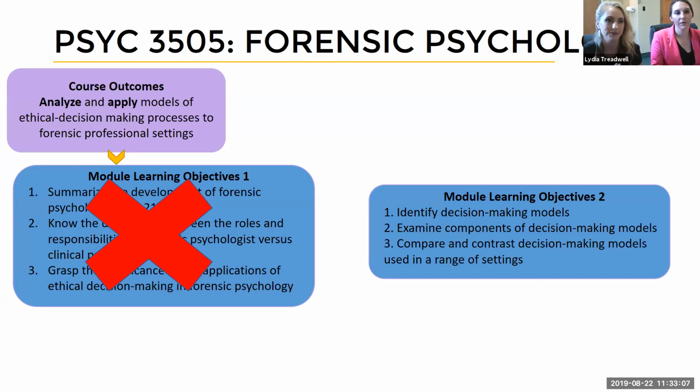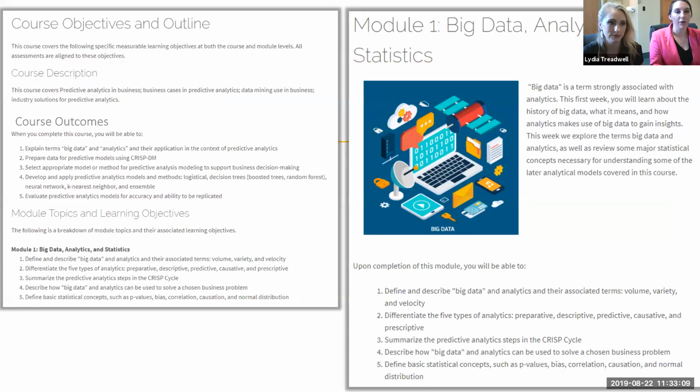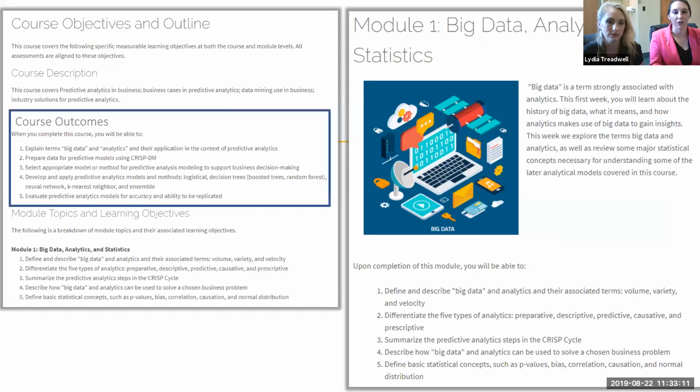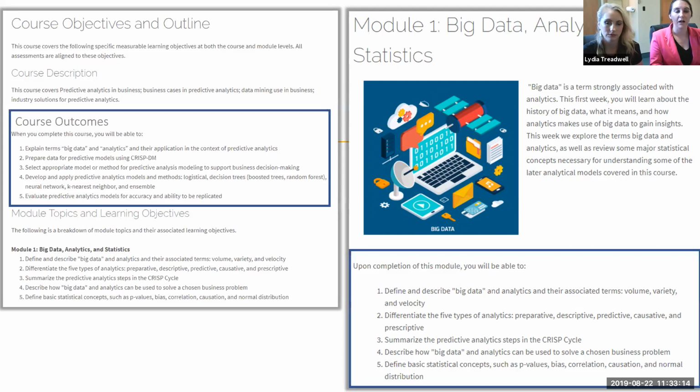We think it's very important that you share your course outcomes and your learning objectives with your students so that they have a good understanding of exactly what is expected of them. So this is showing you one example of the way that we provide our students with the course outcomes and learning objectives. In the syllabus, which is the left side of your screen, we have a listing of the course outcomes that the students should achieve by the end of that course. And we also include all of the module learning objectives within the module.